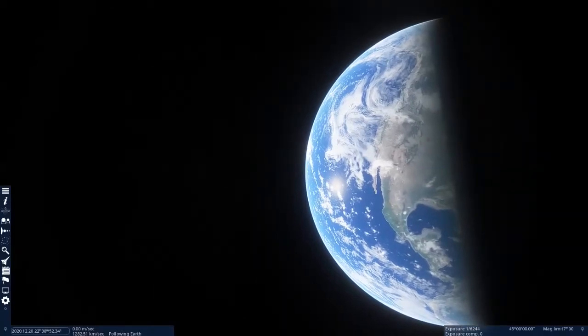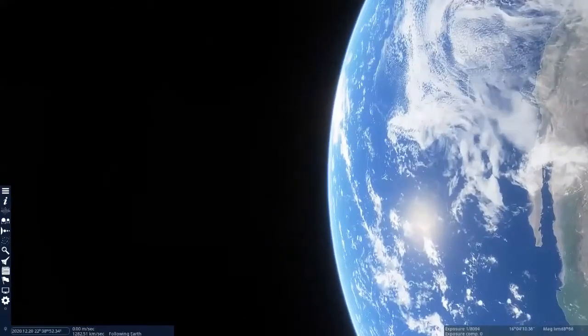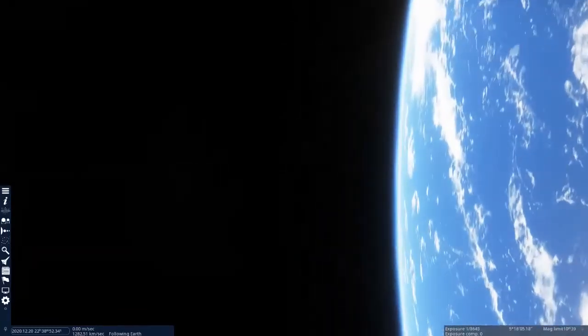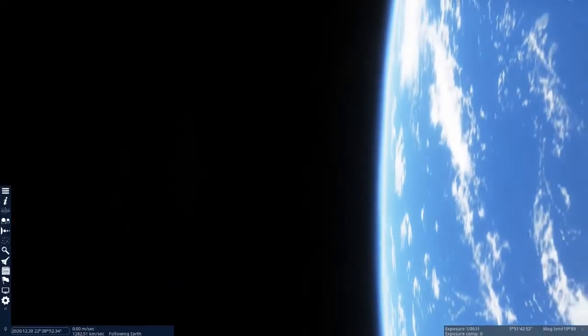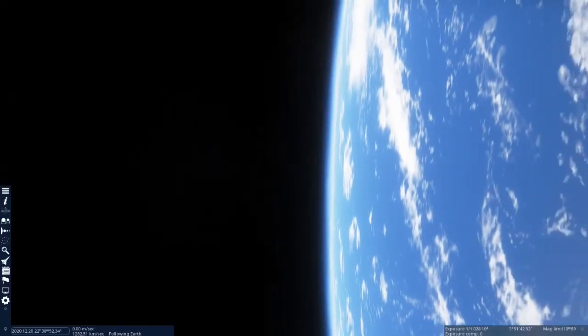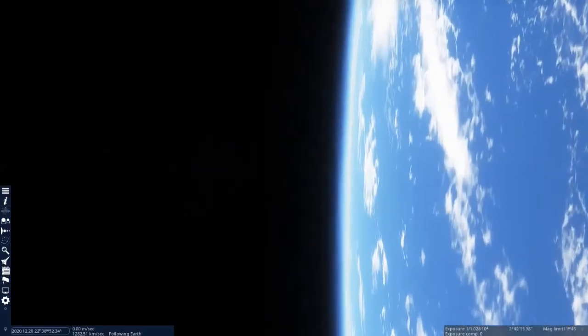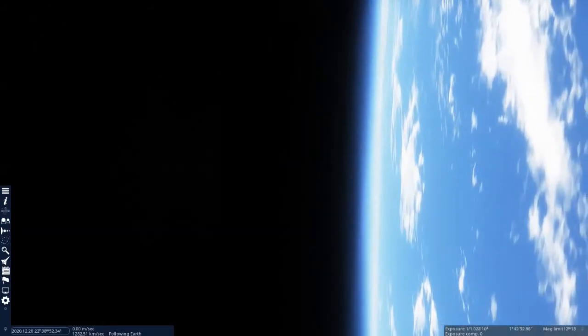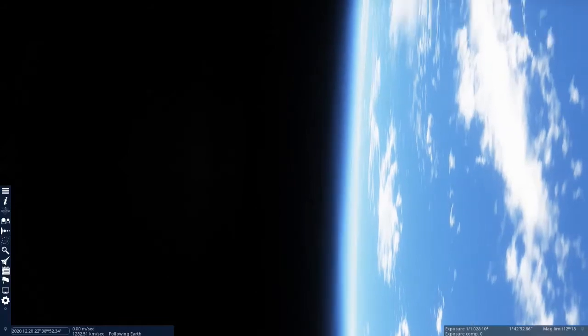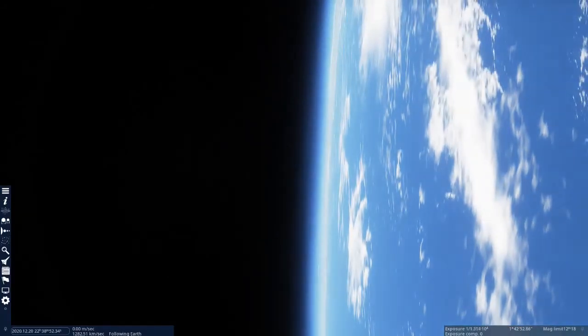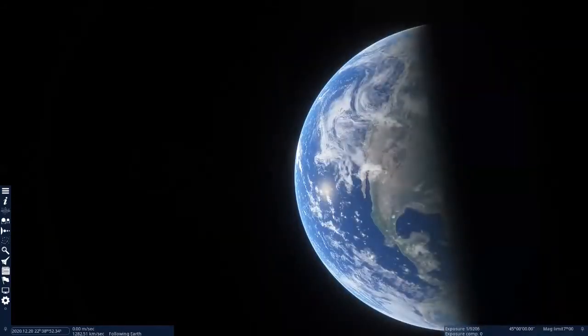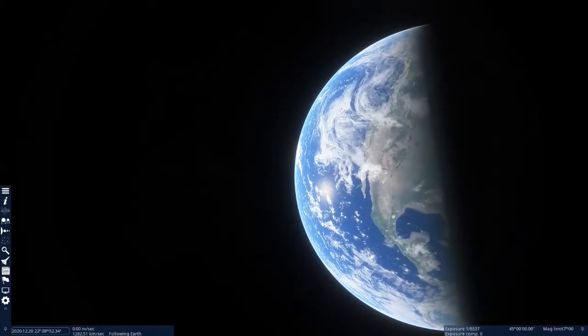And just real quick, I'm going to use the telescope again to zoom in on the limb of planet Earth from outer space. And you can see he even does the atmosphere. If you look really close, you can see some cloud layers over the Pacific that are above the surface of the Earth, within the atmosphere.